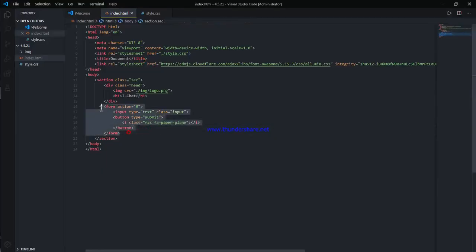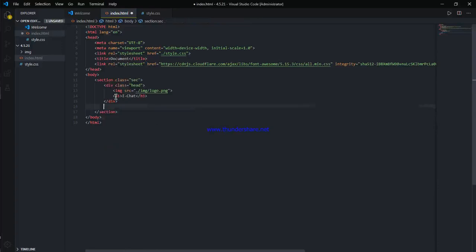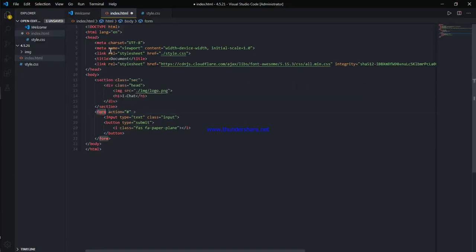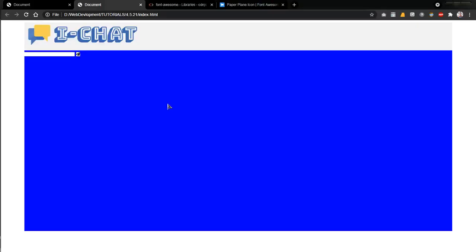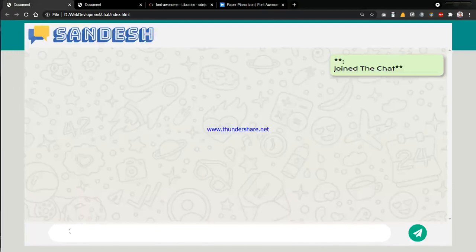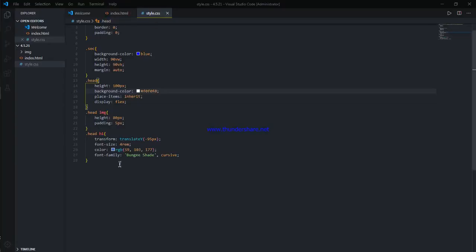We didn't want this form inside the section, we needed it outside the section. We'll add a class to it. But okay, we can work it out. We can just call it form, because there is no other form here. There is only one form, that is this.